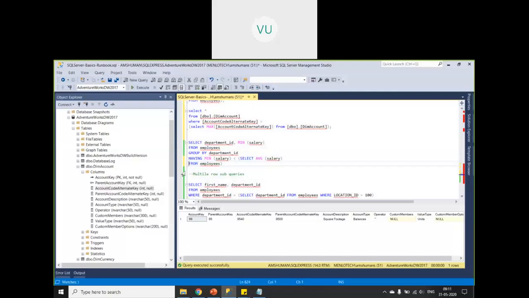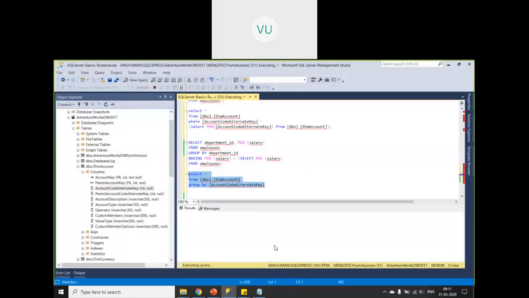Let us try to do this on our actual table. First let me say select star from this particular table, and group by this particular column, without applying any having condition. I will just run it and see how many groups are created.